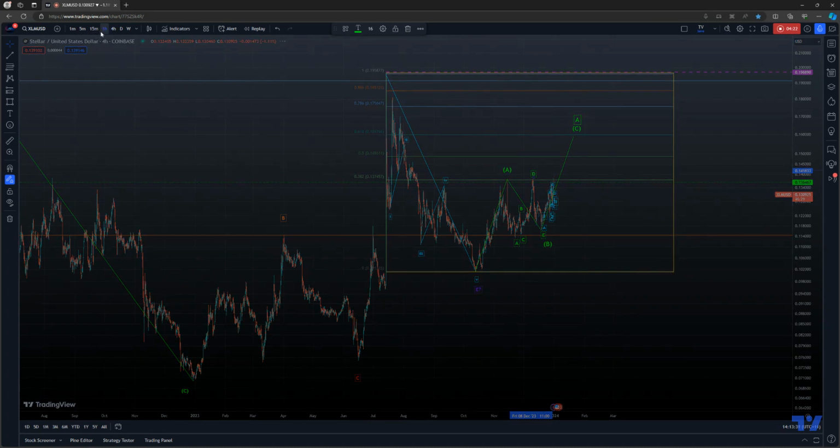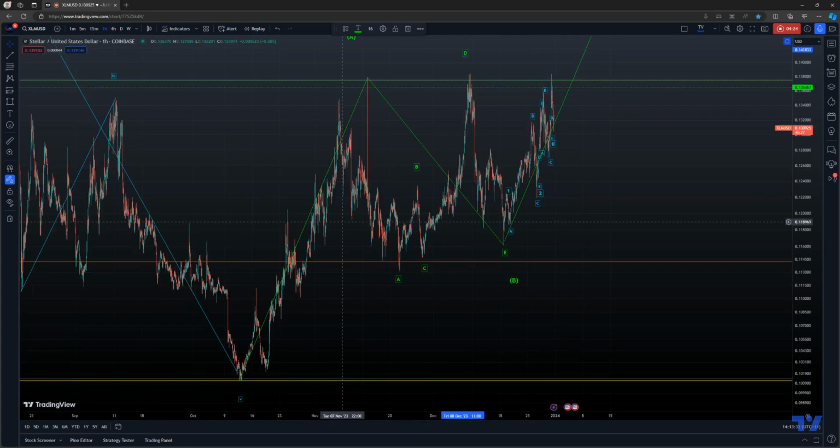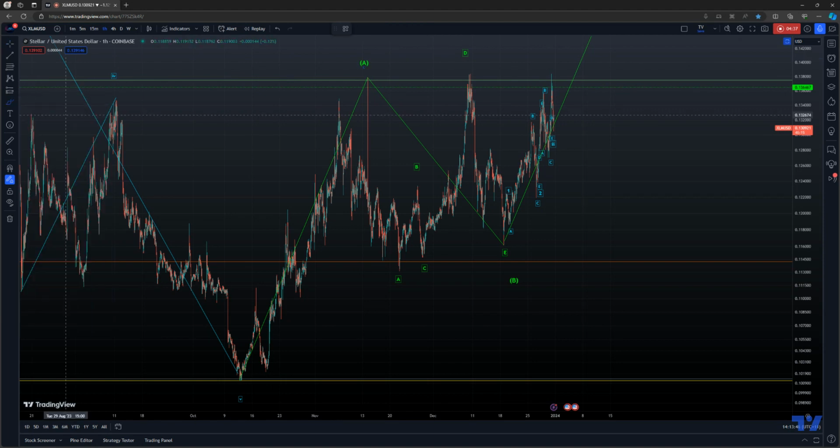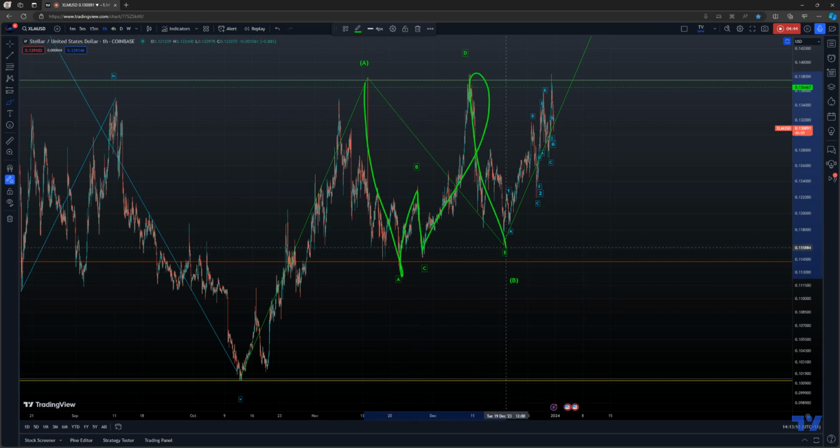Now, if we go down to the 1 hour chart, right, this is a choppy mess, but this is how I count it. Wave A is the first move down. We have a wave B, C, D, E. So that's how I count this correction. It's like a cup and handle pattern,